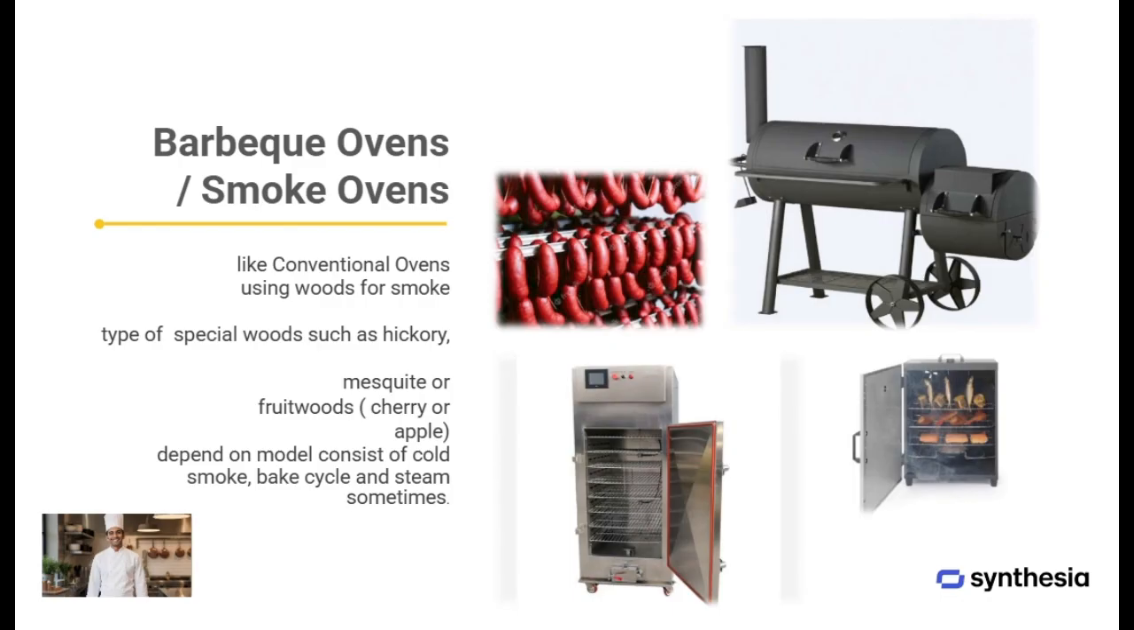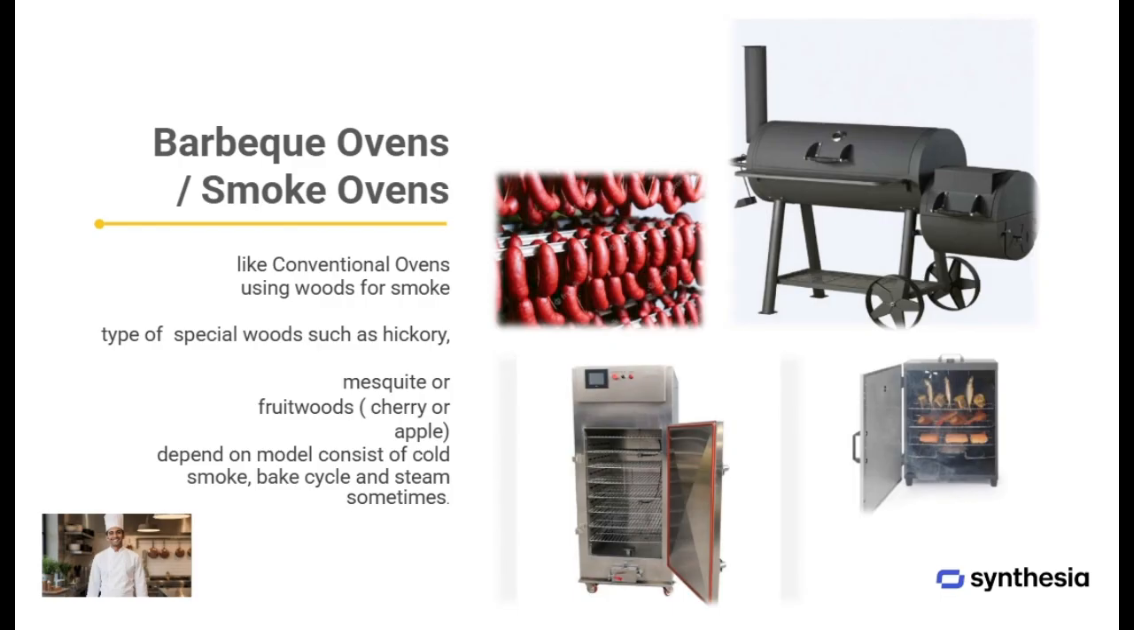Smoke ovens can also operate in different ways. Some are designed for cold smoking, where the product receives smoke at a relatively low temperature, mainly to develop aroma. Others can combine smoking with a baking cycle, while some modern models may also include a steam system to help maintain moisture. The images show different types of smoke ovens, from traditional barbecue smokers to modern cabinet-style equipment with temperature